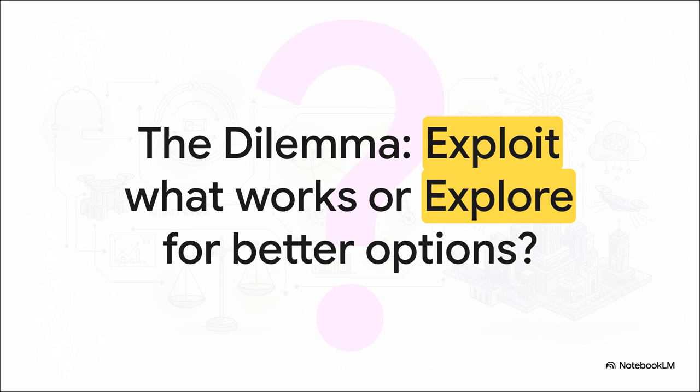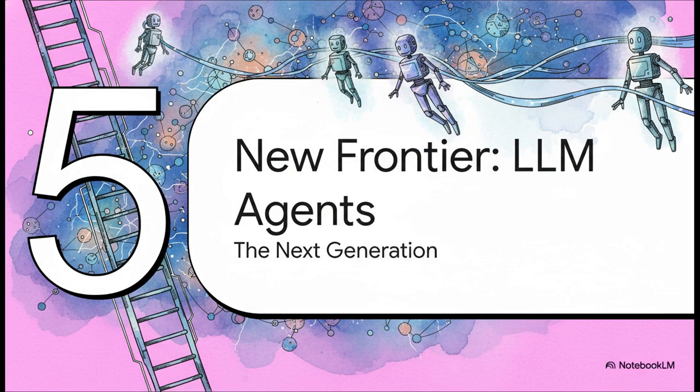But these learning agents face a really deep, fundamental dilemma. Should they exploit what they already know works, or should they explore new, risky possibilities? It's like choosing between going to your favorite restaurant that you know is great, or trying that brand new place down the street that might be amazing, or it might be terrible. For AI agents, and even in business with stuff like A/B testing a website, this is a constant, difficult balancing act.